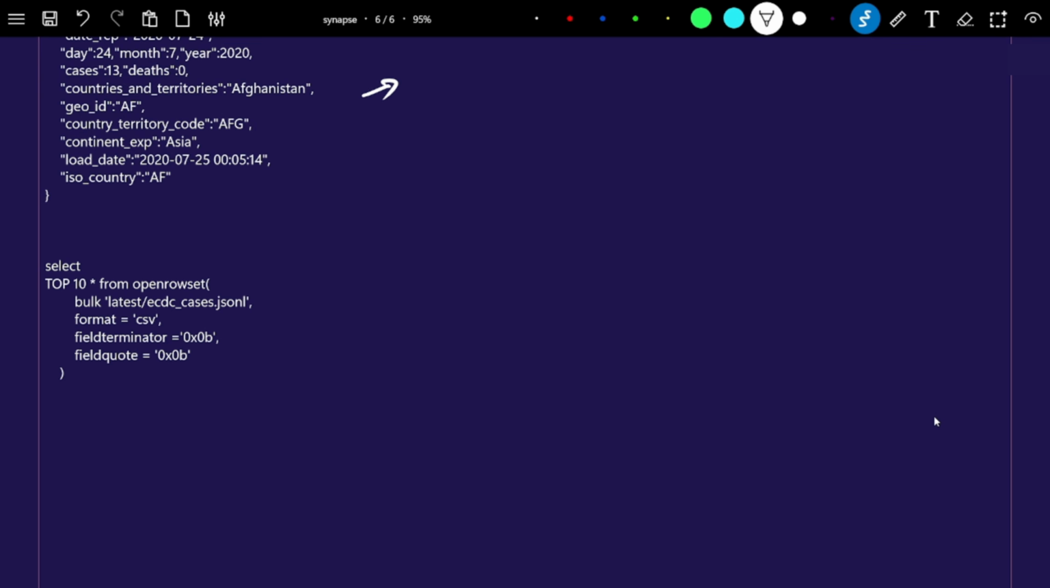Now to query, we were using OPENROWSET, right. In this OPENROWSET we were mentioning the file path, and after that the format. That's how we were mentioning it in CSV. In JSON also we have to mention the same. You have to use select top 10 star, and after OPENROWSET you have to mention the file path, but the format still you have to mention as CSV, because this